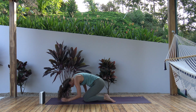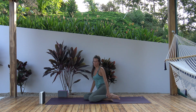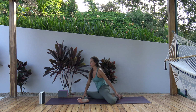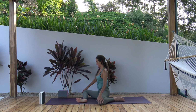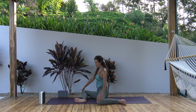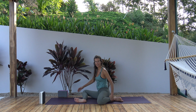So you're just going to bring your bum over to the right side and we'll come into a pinwheel shape. So you're going to bend your left knee just behind you and right leg in front of you. Flexing your right foot, and so your right shin is parallel to the top of your mat. And ideally you have 90-90 legs, so two 90-degree angles, but that's okay if you don't. You can tuck that left calf in a little more,